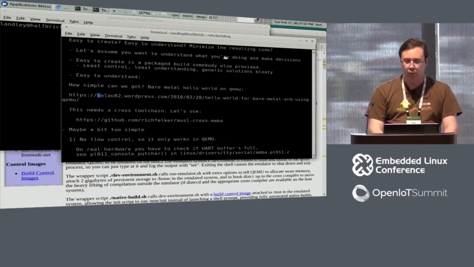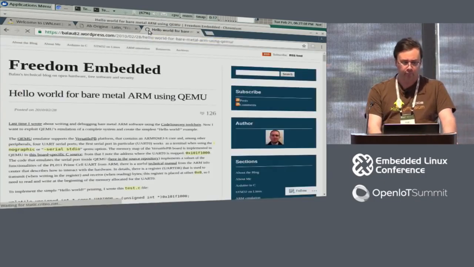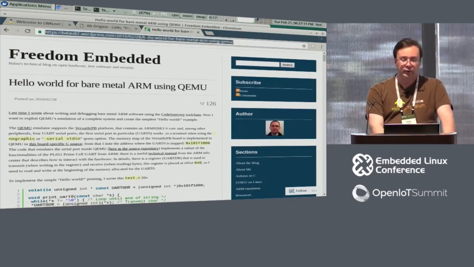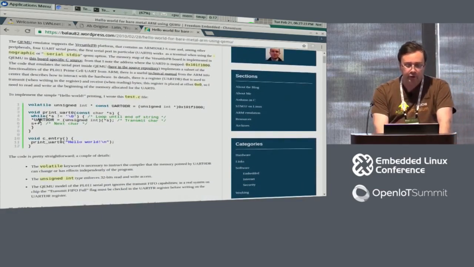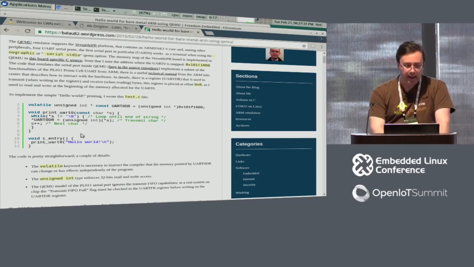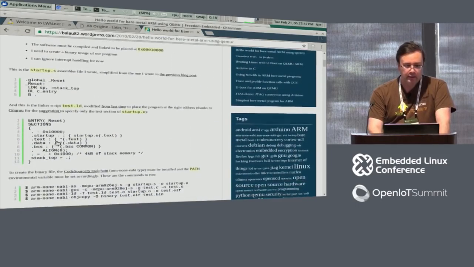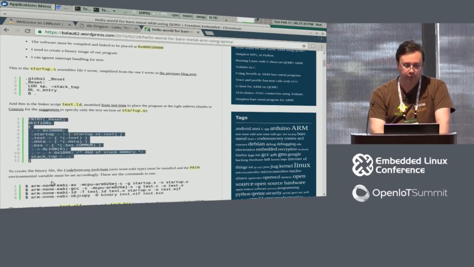Here is a page where someone booted Hello World on the bare metal. You can easily Google for this, or you can go to that URL. I'll post a list of the URLs I went to after the talk. Basically what he did is he has a little function that just repeatedly writes to the output register of the serial port and iterates through a string, and then specially builds it with a little assembly header and with a linker script that puts stuff in the right place,